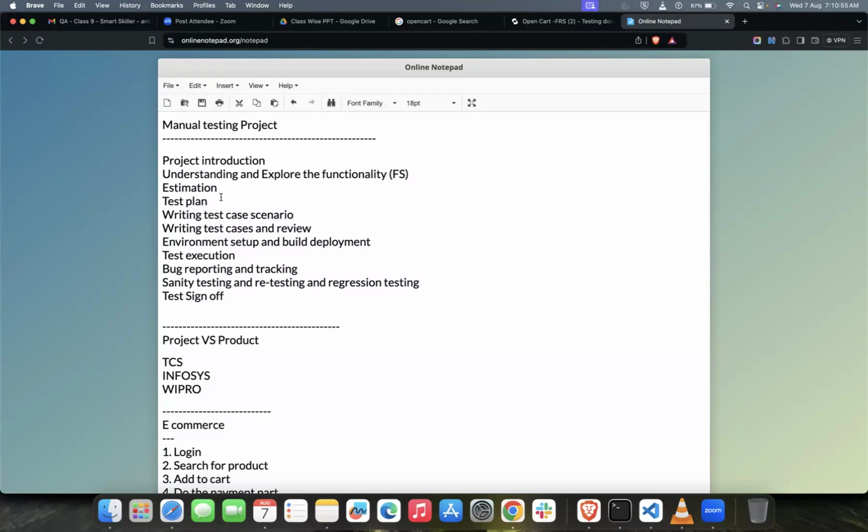Once we have developed these test cases, we send them for review, just to make sure that whatever we have written is up to the mark. Who's going to review those test cases? Generally, the test lead or the testing manager. They review these test cases and approve. Once they approve, the test cases are frozen. What we mean by that is,